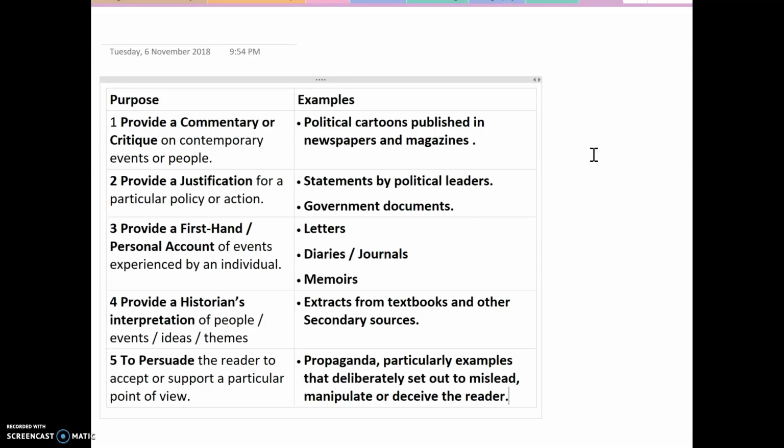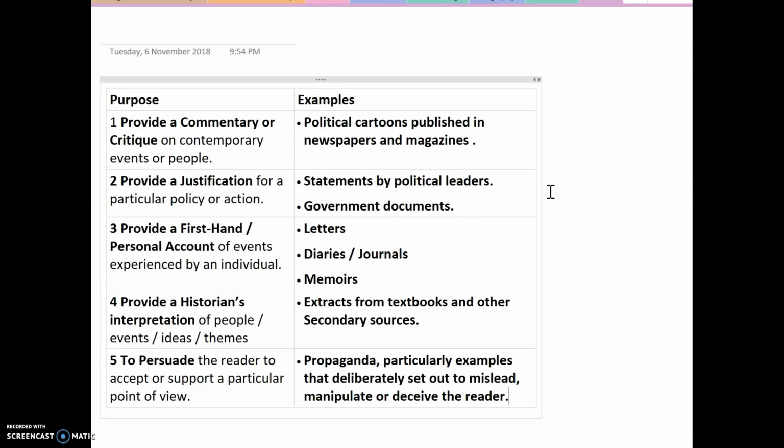Okay, so the second text type we're looking at here is government sources. Government documents, especially policy documents, and statements by political leaders, including speeches. What they tend to do is provide a justification for a particular policy or action. Now, you don't want to get stuck here and say, this speech by Tony Abbott shows that he doesn't really like immigrants much. No political leader is standing in front of you wanting to show you something. They normally want to talk about why they think their policy should be taken up, why it's a good idea to have a particular policy,